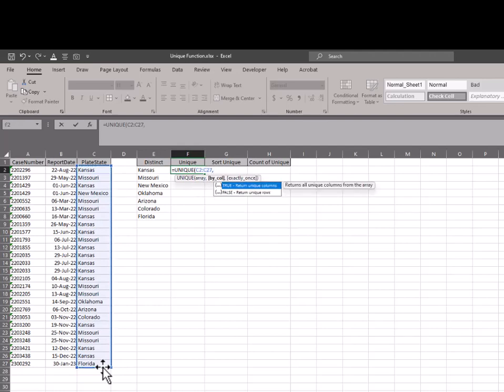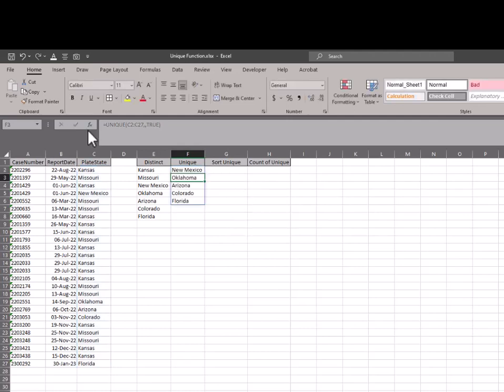Now this second one I don't ever really use. All you have to do to skip over something like that is just put another comma in. And then this one, so what it did by default when I just closed the parentheses off is it automatically assumed it was going to be false. So what we're going to do is this true returns items that appear exactly once. Close the parentheses there. And you see it is the same list we had here, but it removed the Kansas